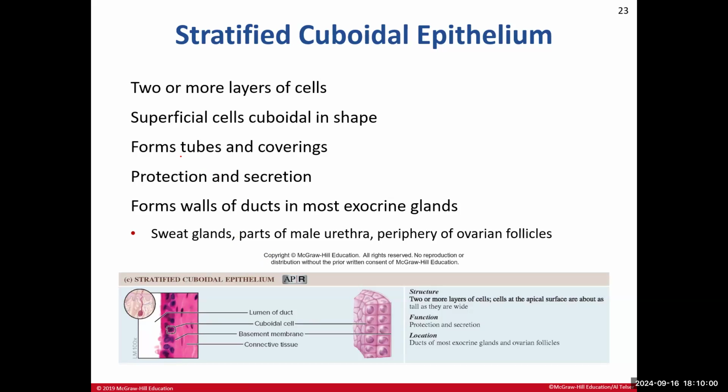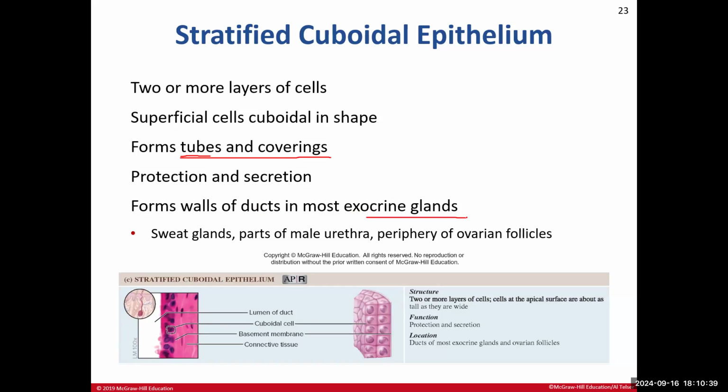So we're going to see this type of epithelium in tubes and some of the coverings of certain structures. Its functions are going to be protection and secretion, because a lot of times when we're dealing with its location, if it's in some tubes, there's going to be some sort of related secretion function. When we talk about secretion, you should be thinking glands, because glands like to secrete stuff. Most of our exocrine glands, and remember the definition of exocrine versus endocrine, exocrine glands are glands that have ducts,